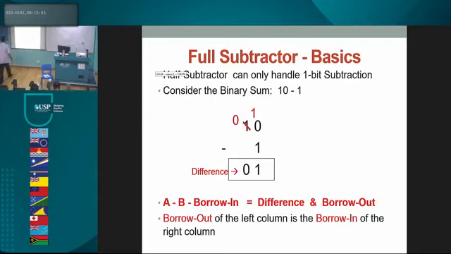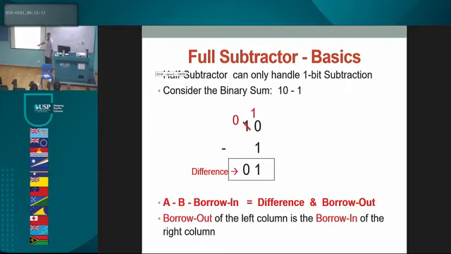Okay. Now, consider the sum 1 0 minus 1. 1 0 minus 1 in binary, right? So how do we do this? Well, we've got to borrow, like how I showed you earlier on. So you borrow out from this 1. You take the 1 in over here, borrow in over here. 1 minus 1 is, right, 0. And then you have a 0. So you have a difference over here. So we now introduce you to something new called